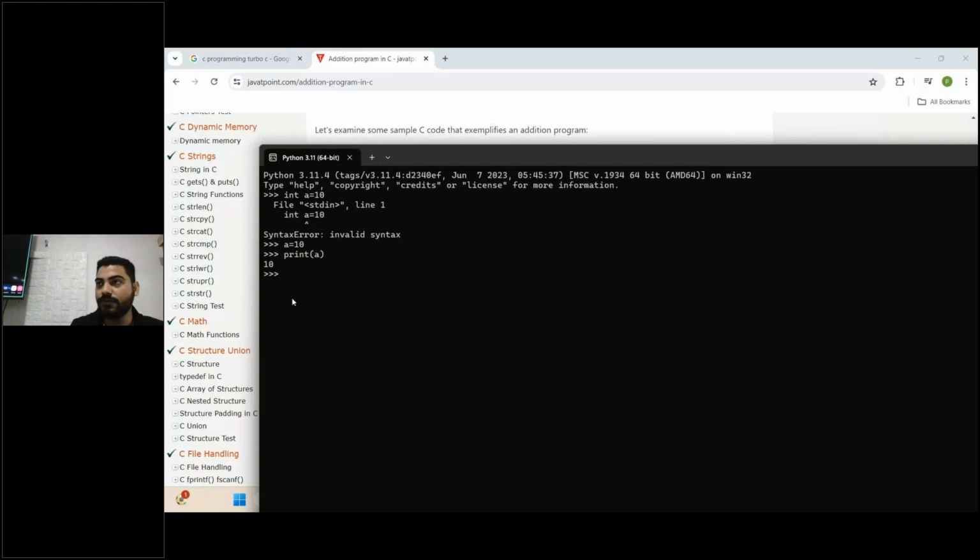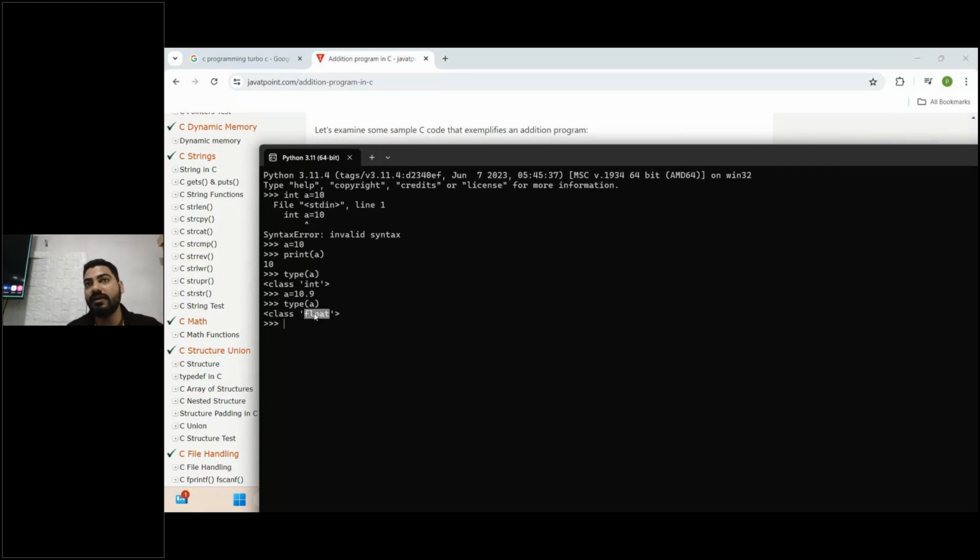Let's suppose a = 10 here. If you want to check what type of data it is, you check type of a. What is it? Class int. If you have a = 10.9, what type of data is it? We know that this is a decimal type of data, a floating point value, right? But if I want to check what type of data it is now, it is float.